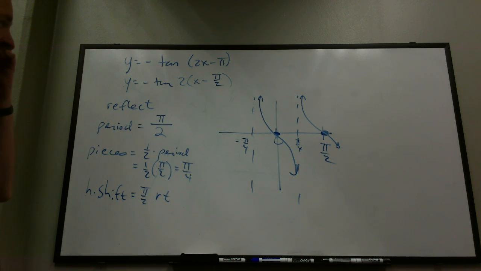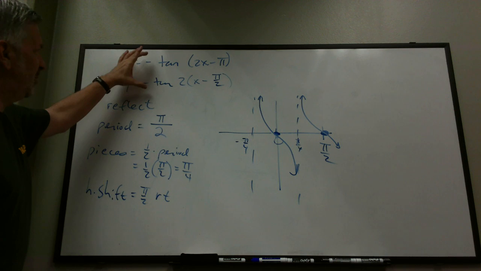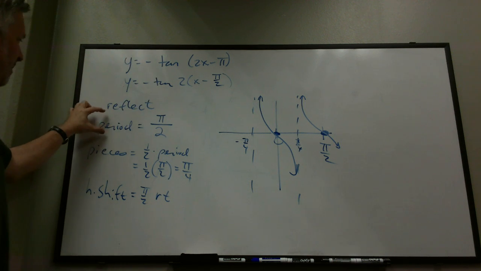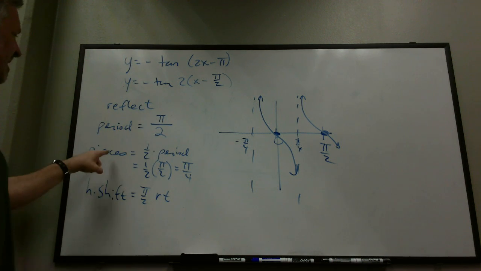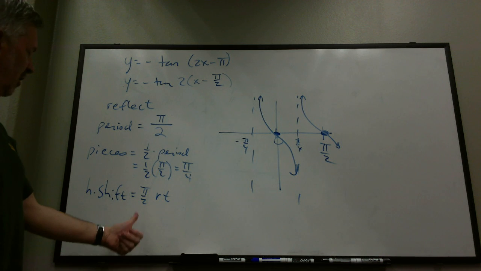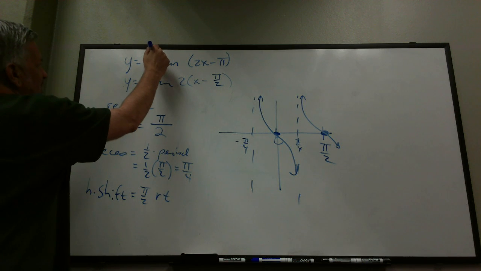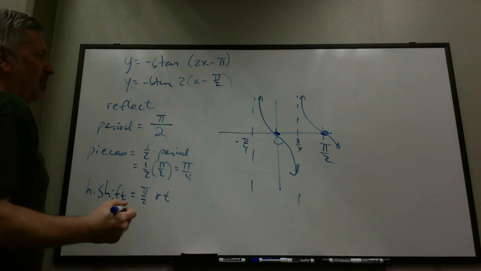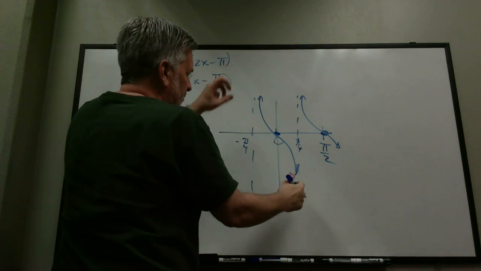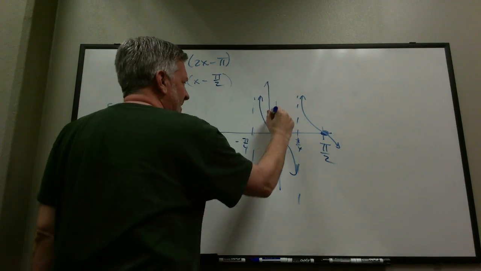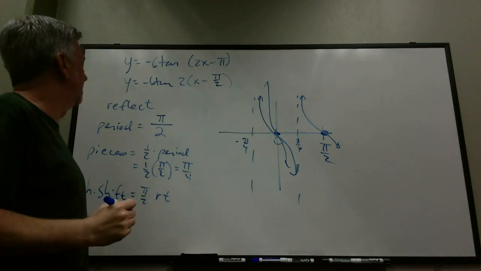Right? So the procedure is virtually the same. Right? The reflection works the same way. There's no amplitude. The period is pi over b, and you take half of the period for the pieces. Horizontal shift and vertical shift work the same way. Okay, so again, what if I had a coefficient here like 6? Right? What would you do? That would just be a vertical stretch. So you just have to exaggerate the steepness of the graph, okay? But,